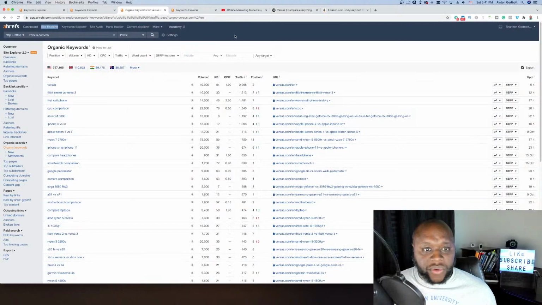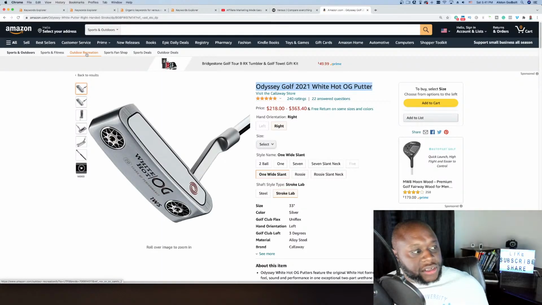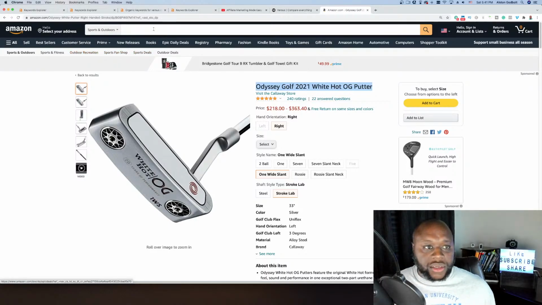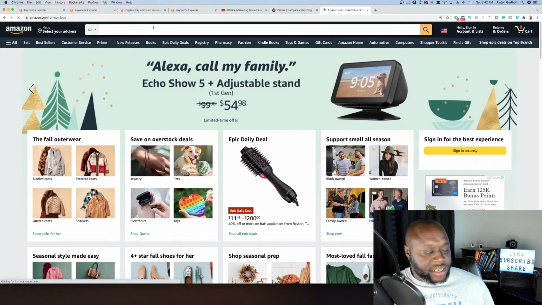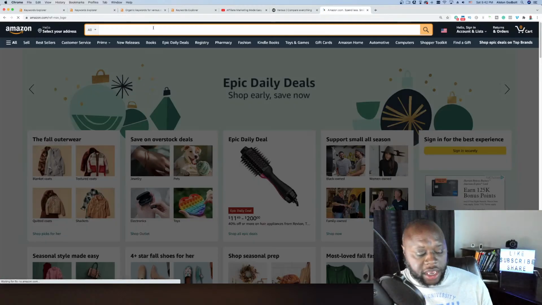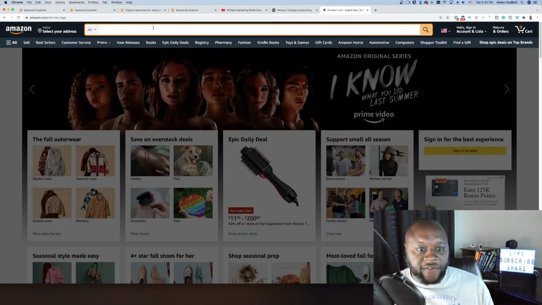But let me go back and see if we can find an actual golf putter here. I'll go back to Amazon. But hopefully, does this make sense, guys? Let's do golf putter. And we'll do headphones in just a second. Does this make sense? Like the simple comparison, this versus that. And the way that I do my comparisons is I'll do product description. I'll spend some time talking about the strengths and weaknesses of the product, and then we can see what the customers are saying. And the great thing is Amazon is already telling you what the customers are saying. You just obviously can't use it word for word. You have to rephrase it in some way.